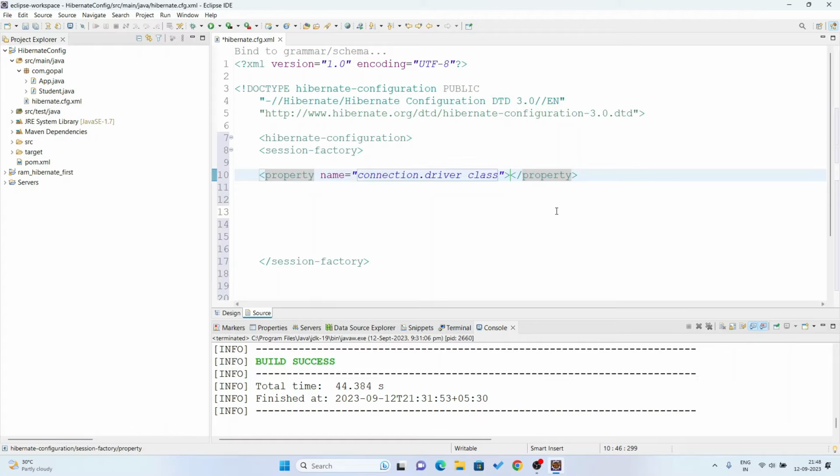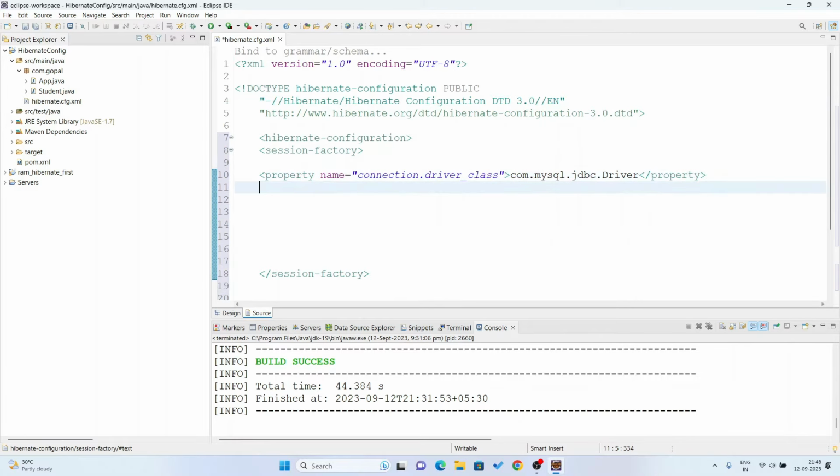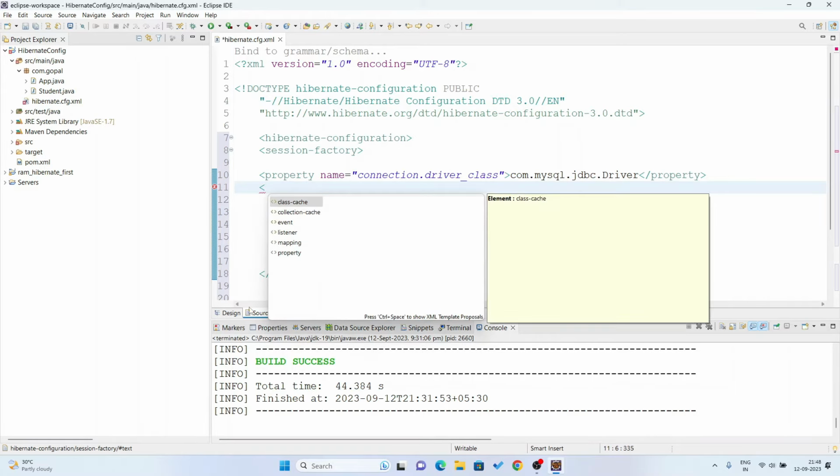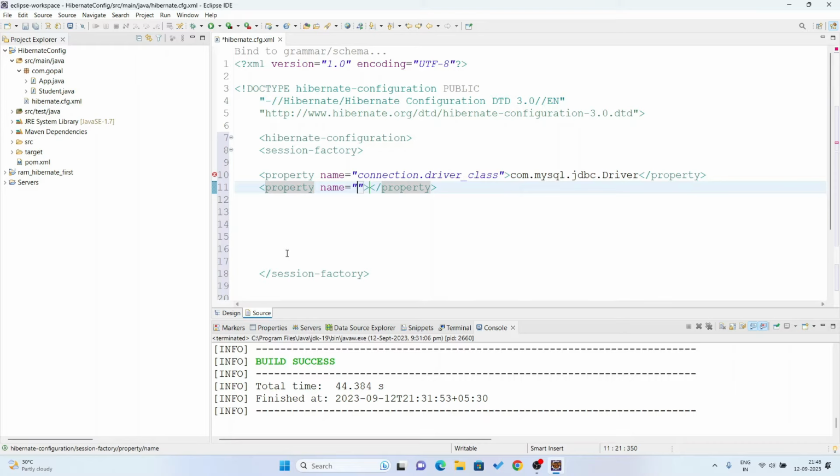com.mysql.jdbc.Driver. Okay, and next you have to write the property. Next property, again you have to write property. You have to write connection URL. You write here connection.url, and here you pass